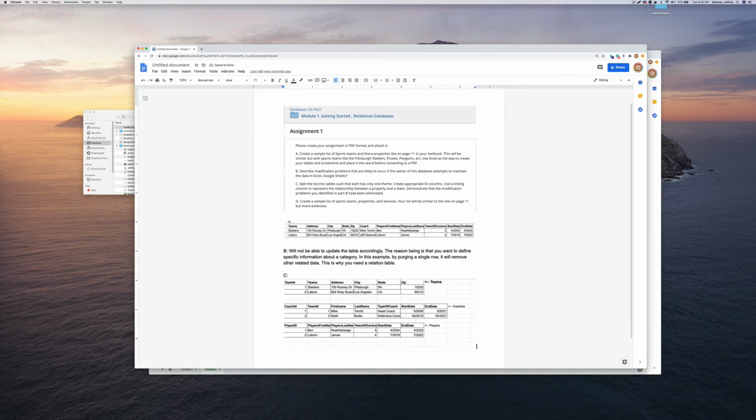They make more sense. And the answer to D is create a sample list of sports teams, properties, and services. Your list will be similar to page 11, but more extensive. Oh, okay. Well, let me answer it. This might be D right here. See, split the list into tables, which is one theme, create an appropriate ID. That's fine. Use linking, call it represent a relationship between a property and a team. Okay. So C, you can say, for example, here,